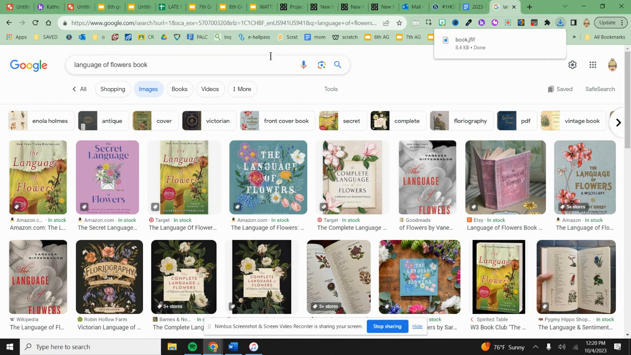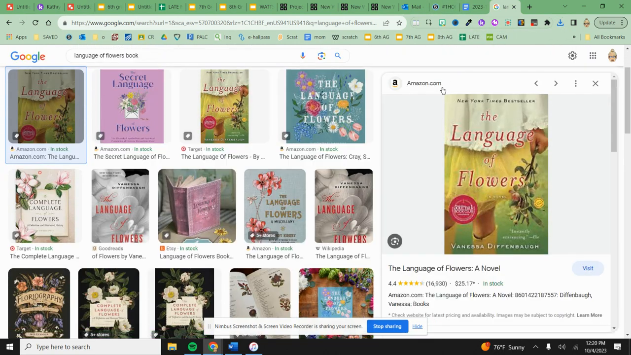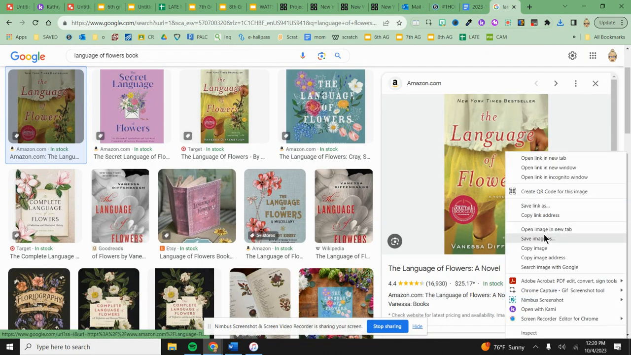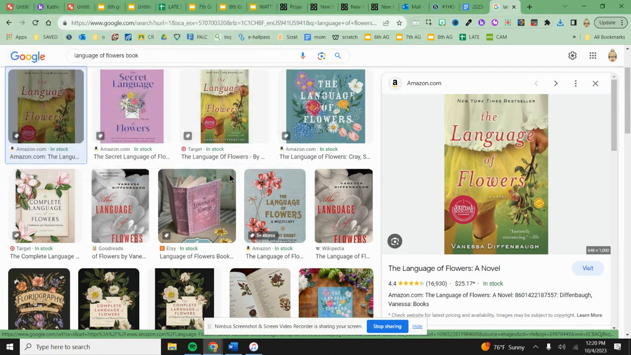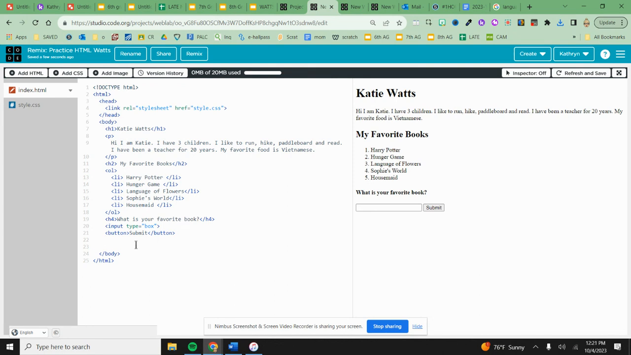Okay. Oh, that's not it. Make sure it saves as a PNG or a JPEG. Mine didn't, so I'm going to click on another one and see. This is a JPEG. That's good. So flowers. On my desktop, I'm saving. Save. Okay. So I'm going to come into my project, right down here after our button, and I am going